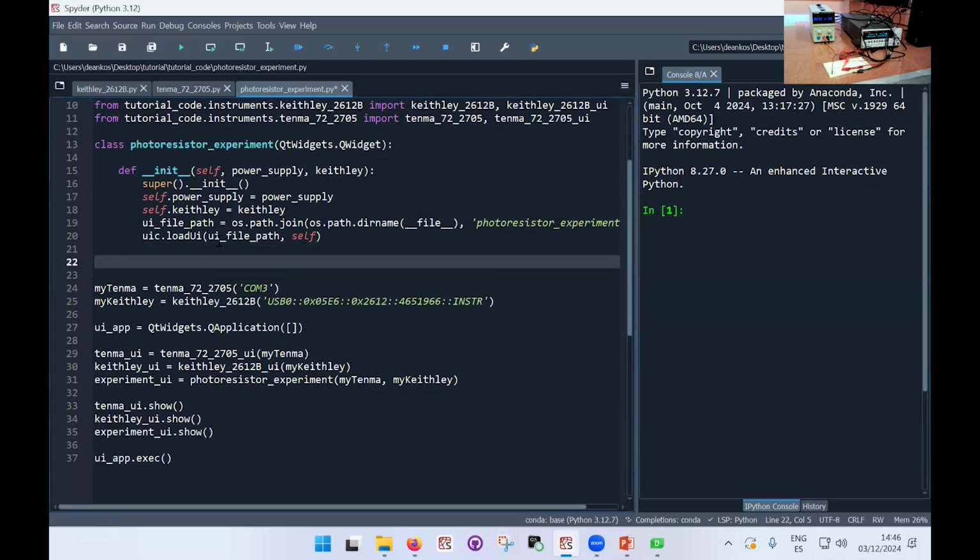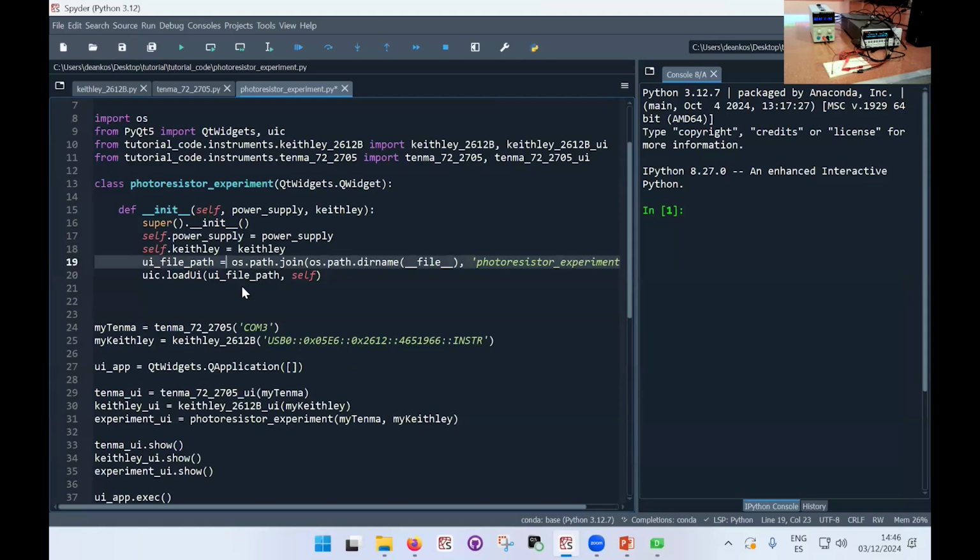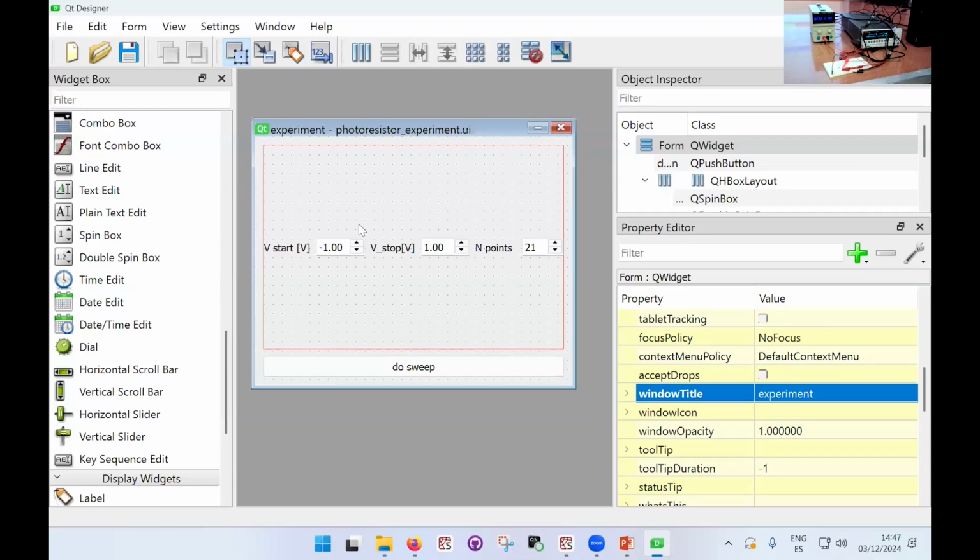Right. So one thing that we'll need to do is, as we imported the user interface, we have the variables within Python that identify the user interface objects, for example the spin boxes. There are different ways to do it. If the experiment is simple like this, what we want is that when I press the button, the script looks at the data that I put in my user interface, takes these values